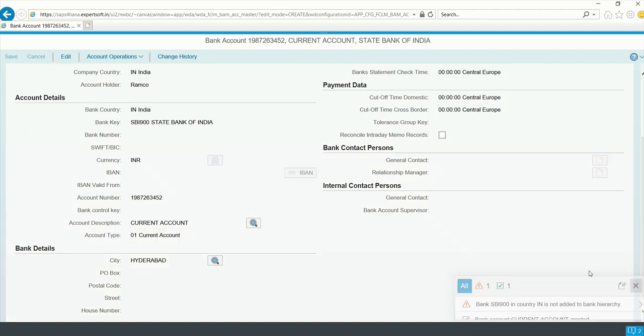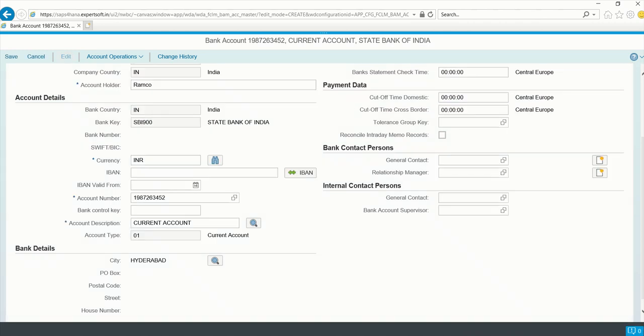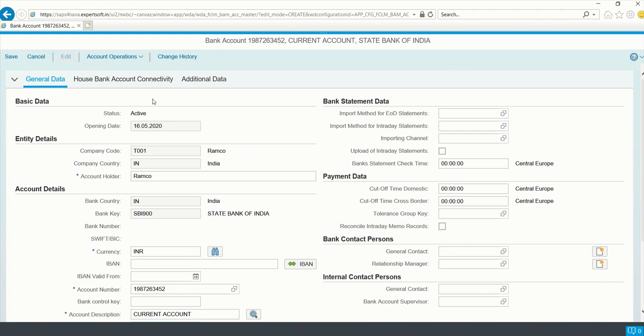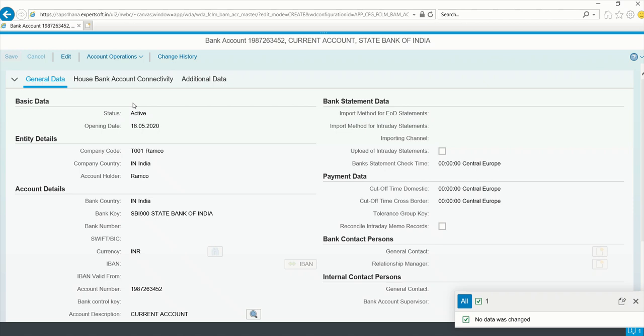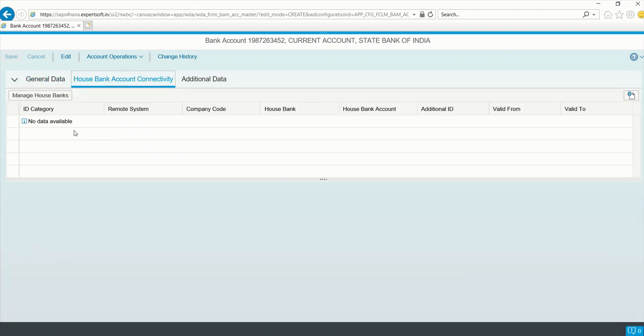Then edit. Here we can see additional details like house bank connectivity and additional data, save it. Now go to house bank account connectivity. Here there is no information. Here we have to give the link to the GL account. Click on edit, then here we can see the option add.